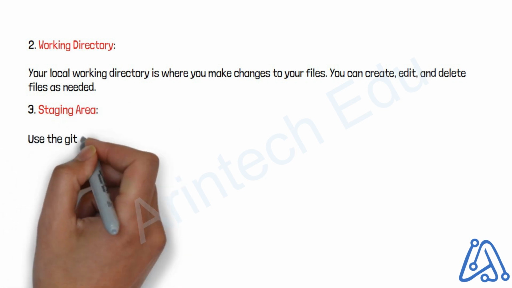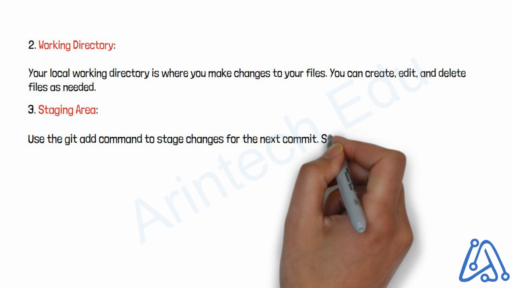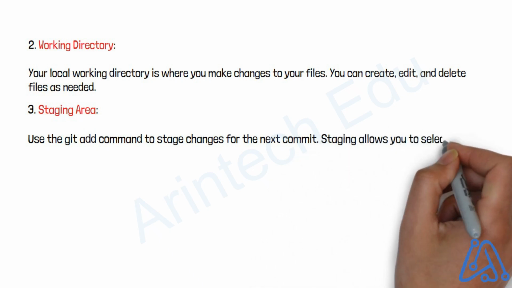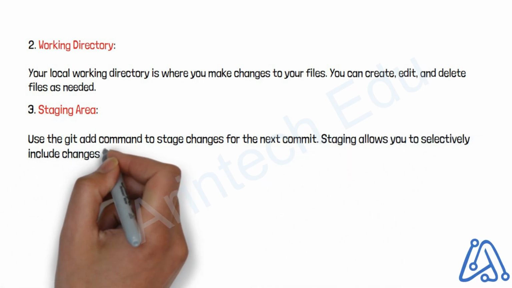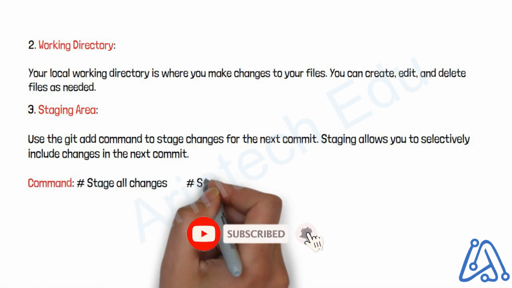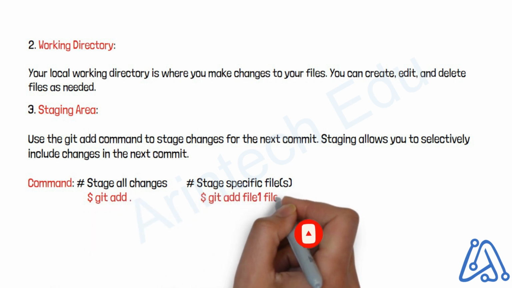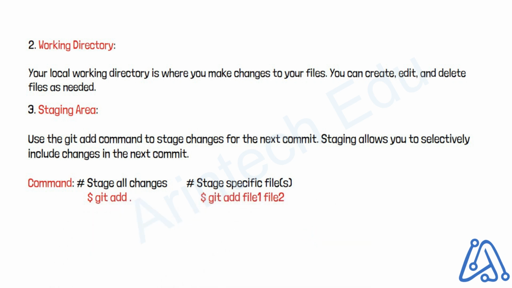3. Staging area. Use the git add command to stage changes for the next commit. Staging allows you to selectively include changes in the next commit. Command: # stage all changes $ git add . # stage specific files $ git add file1 file2